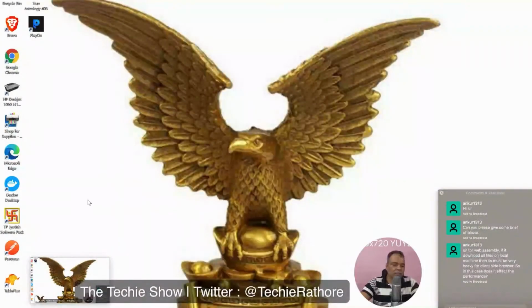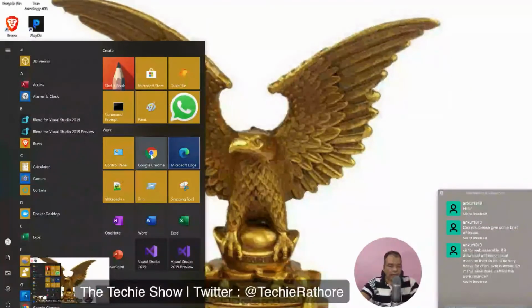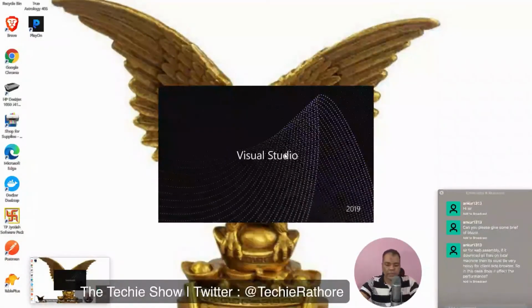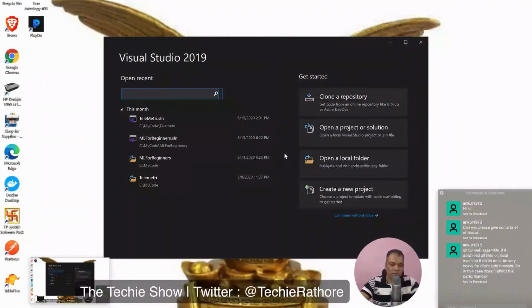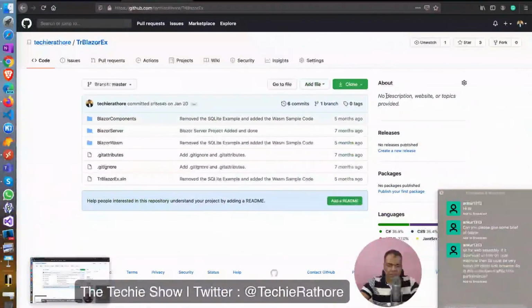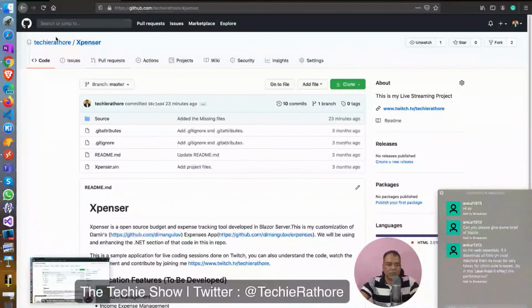I'm sharing my screen now, and I'm running Visual Studio 2019. I will set up this Expenser application on my local machine.